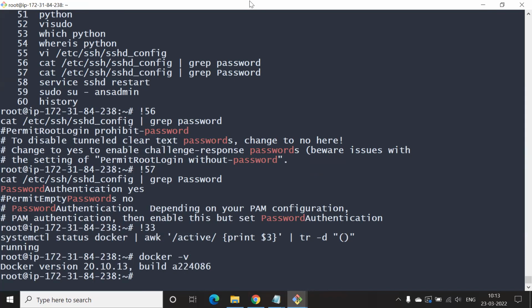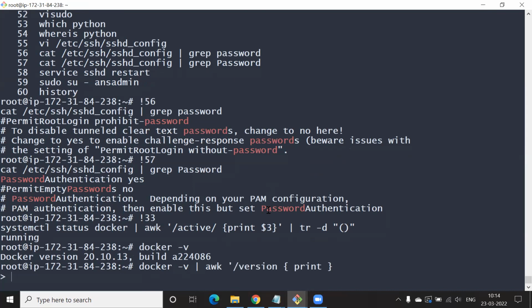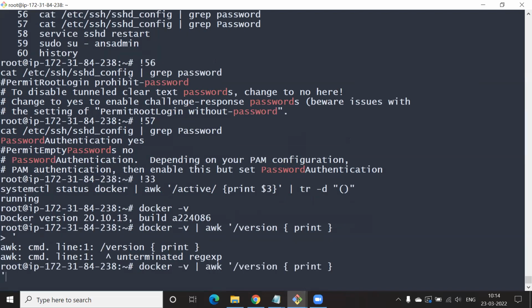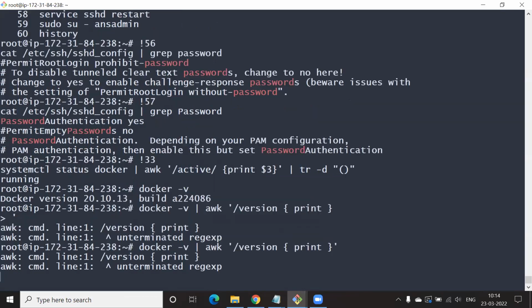Go ahead and type it in. There's some problem here. It's a simple one. Have a quick look at the chat window.